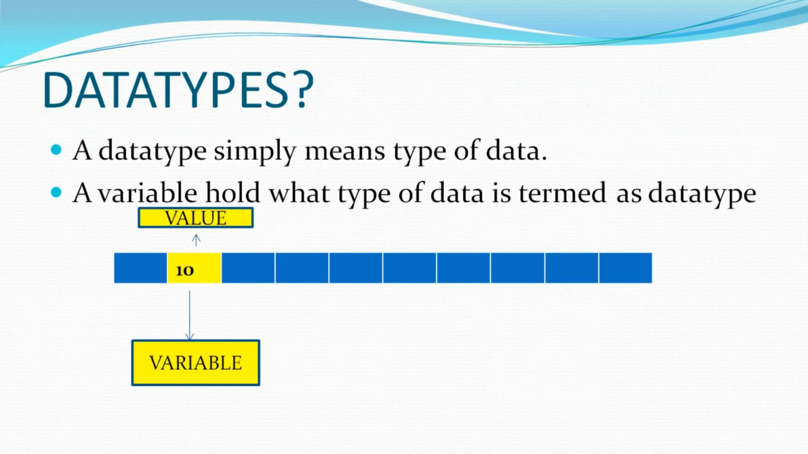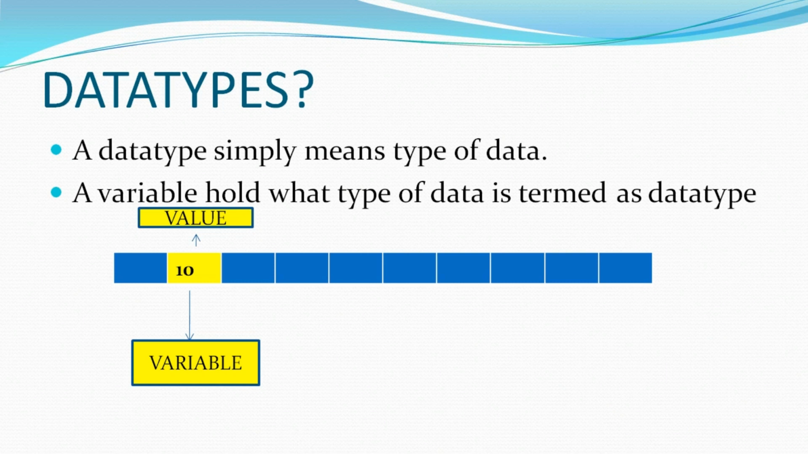Now, what are data types? A data type simply means type of data. Simply, what type of data is stored. What type of data a variable holds is termed its data type. Here again, there are building blocks of our memory, that is cells. Now, suppose we assigned a variable to that memory, suppose A, B, or C, whatever you want, and we give it a value that is 10. So the type of value that it will store, the type of data the variable will store, is termed as